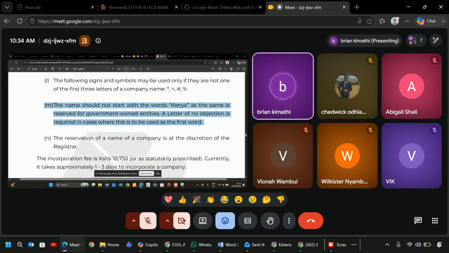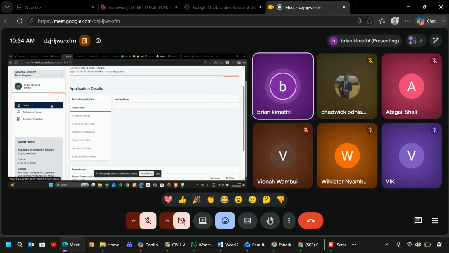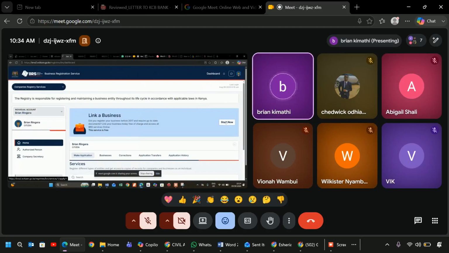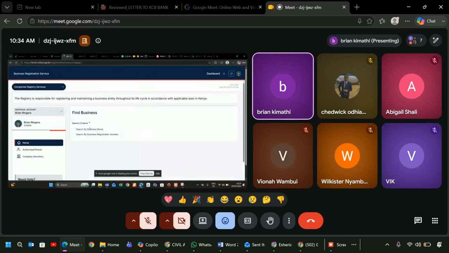So these rules cannot be applied now to companies that were already registered. That's what I meant. You see? So for that company, you can just go to BRS and search. Let me show you that company. It's public information, as I told you. Anything about companies is public information. I can just come here and search a company. So I've typed Kenya